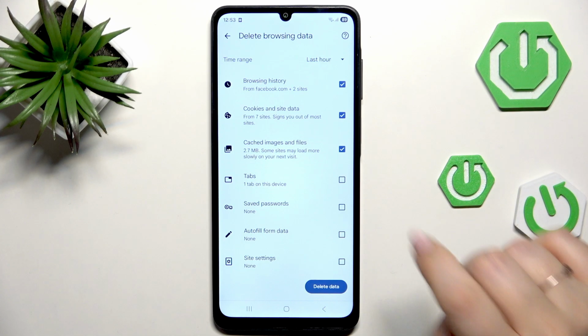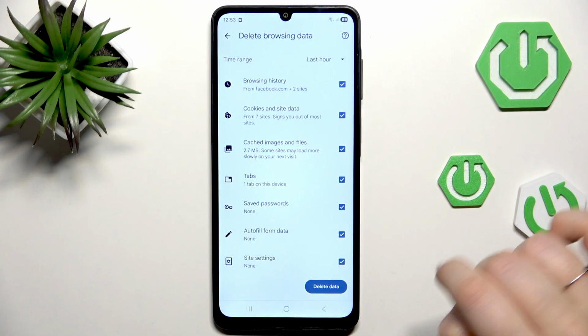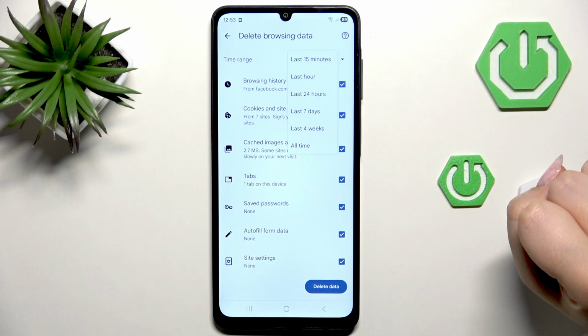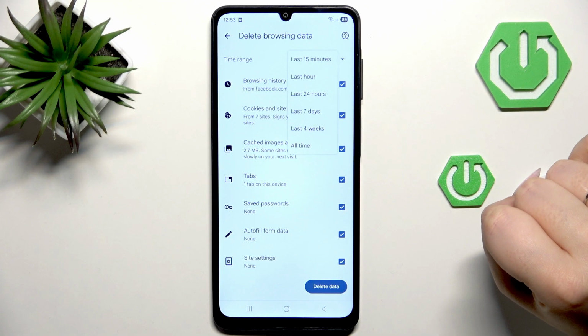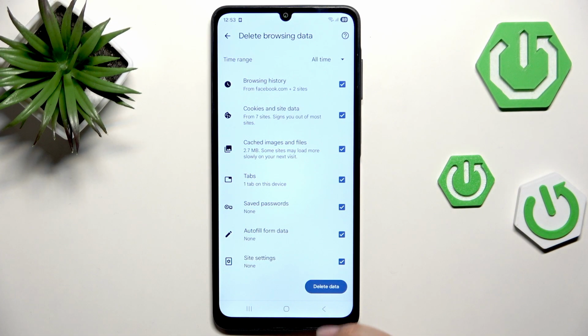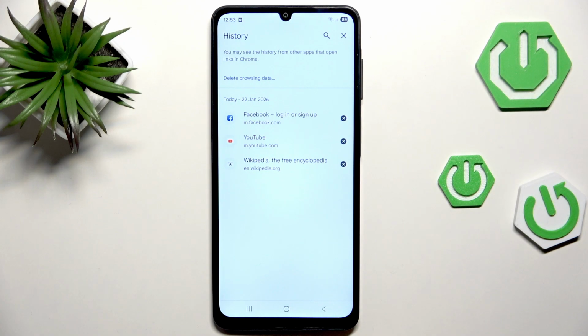So if you wish to remove something, make sure that it is marked. And here we've got the time range, so we have to manually change it. Just tap on it and you can choose specific range that you're interested in. I'll pick all time and then simply tap on delete data. So this is the longer way, and